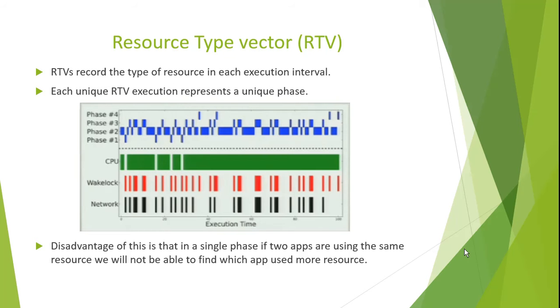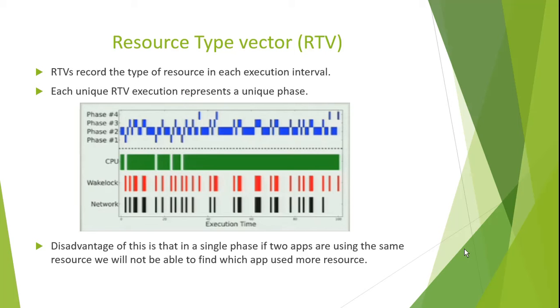The first one is the resource type vector. It records the type of resource in each execution interval. As you can see in the diagram, the top part consists of phases from phase 1 to phase 4, and the bottom part consists of resources: CPU, wake clock, network. As you can see in the first column, phase 2